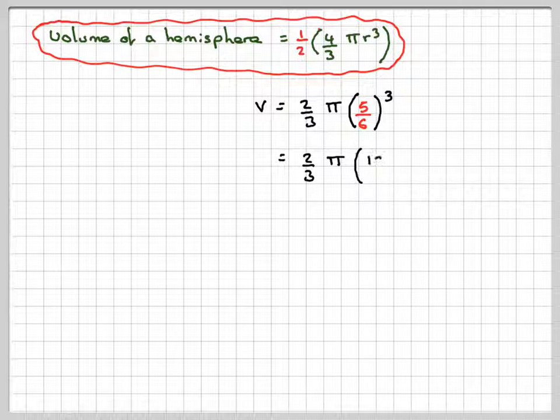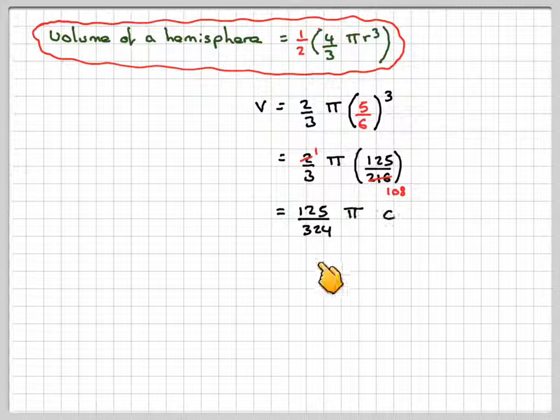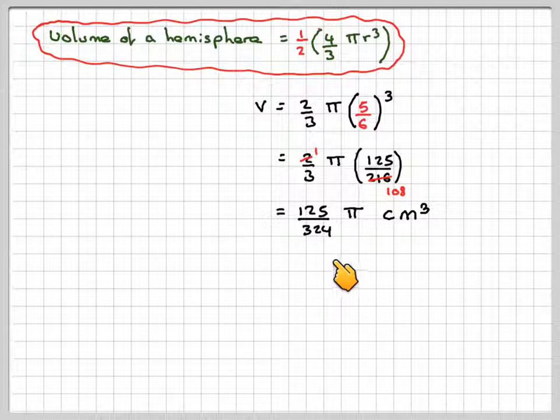So you could do this all in one go on your calculator, but if you want to do it step by step, it's 2/3 pi times 125 over 216. And then the 2's go into that, and 2 into 216 is 108, which gives you 125 over 324 times pi centimeters cubed. Now here you could have done that all in one go, making sure you use the fraction button